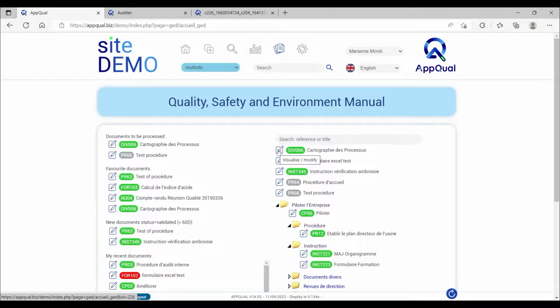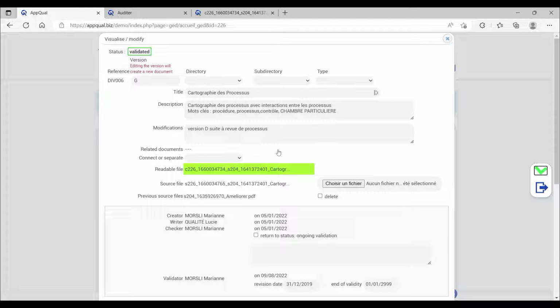A document will be characterized by one reference that is obviously unique in the system, and one version. You decide whether you want to manage letters, numbers, dates. A combination of numbers and dates or letters and dates is completely free. We will manage the directory, the subdirectory, and the type of documents as we need. We manage a title and a description. In the description, we can put the keywords that will allow us to search for the documents as we have previously seen. We can also have a history of modifications